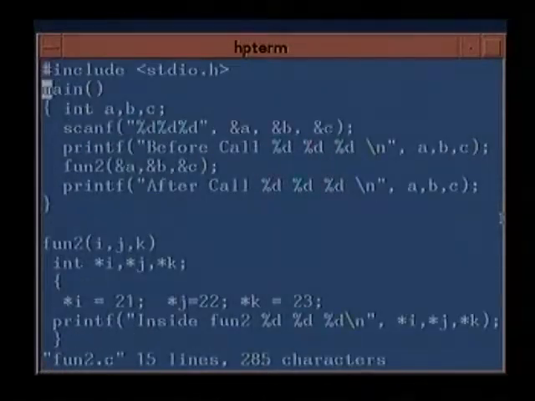And now you will appreciate why in scanf you have to pass the addresses, because it's called by value. If you had passed A, B and C, whatever you read inside wouldn't have been reflected back when you returned. So that is why you pass the addresses, and the scanf function actually modifies the contents. So whenever we want to get values passed back, we will have to use the contents and the address locations in C. This is a typical C style of programming. It is unlike in other languages like Pascal, where it is slightly different. In Fortran it's pure call by reference. In C it's call by value, and if you want reference calling you have to do it this way.